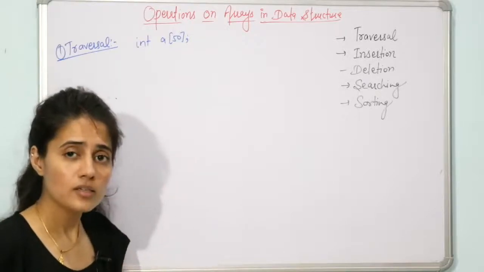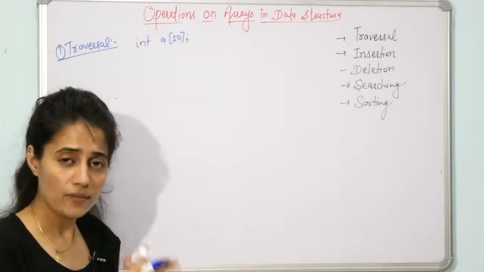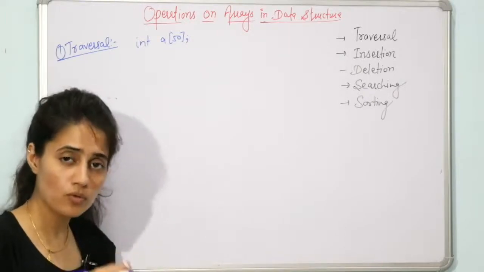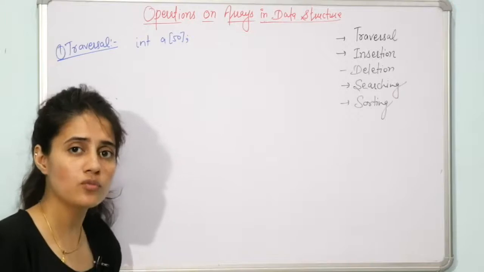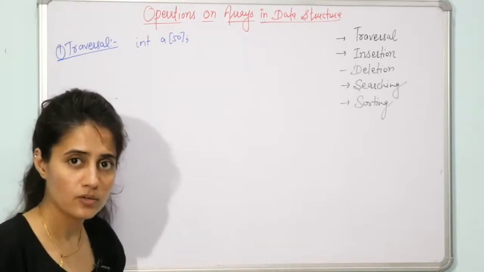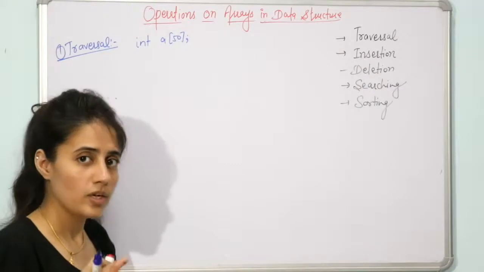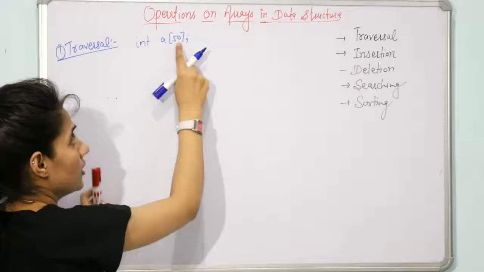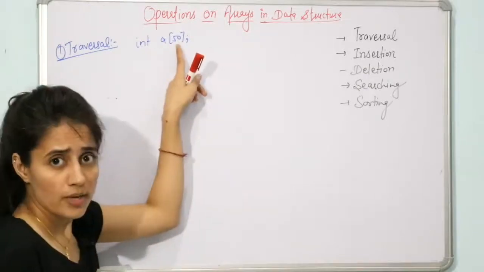But another drawback is that array does not have any bound checking property at runtime. So it is the job of the programmer to write the code for checking the boundary of the arrays in the program. Fine. Now what is that bound checking? I will discuss later. So I have declared an array of size 50. Now how many bytes would be allocated by the memory manager?